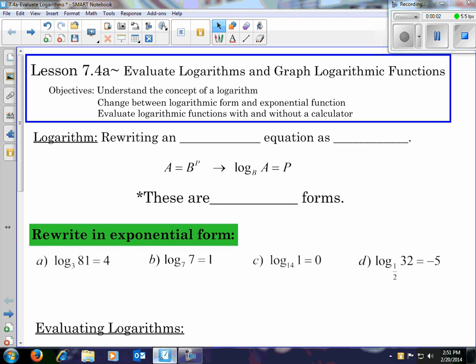Alright guys, this is section 7.4, evaluating logarithms and graphing logarithmic functions. We're going to do just the first part today, so we are going to evaluate logarithms in this video. In the next video we will graph them. Now, a logarithm is rewriting an exponential